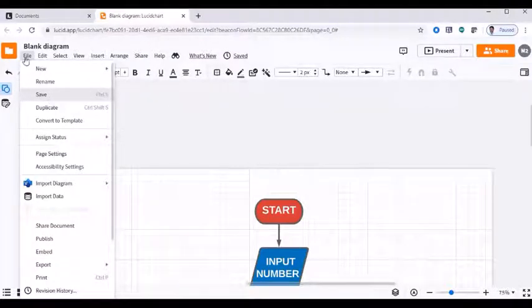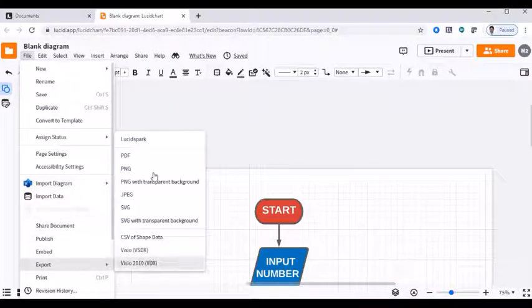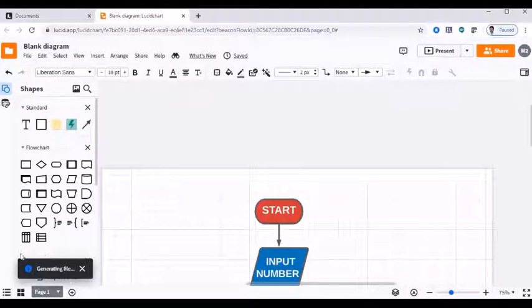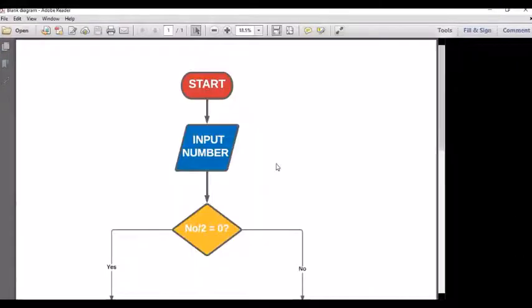We have other options also. Let me convert this into PDF. You can download the PDF document. It will generate the file, and when the process is complete, it will download into the default download folder, and if auto open is enabled, the PDF file opens automatically.